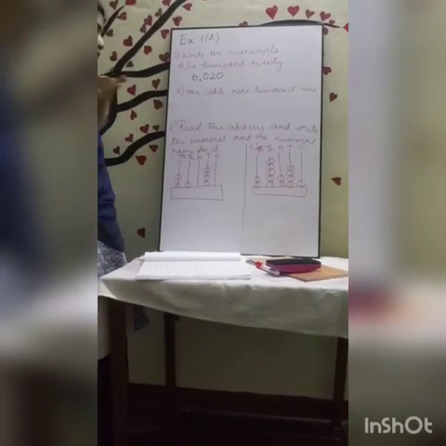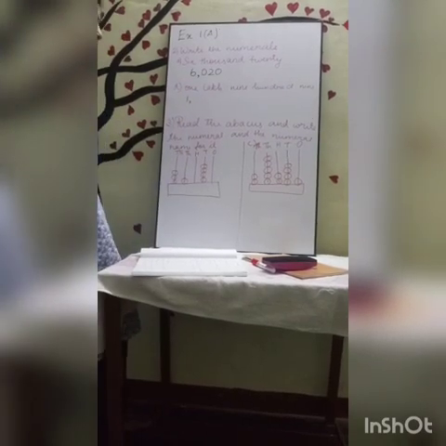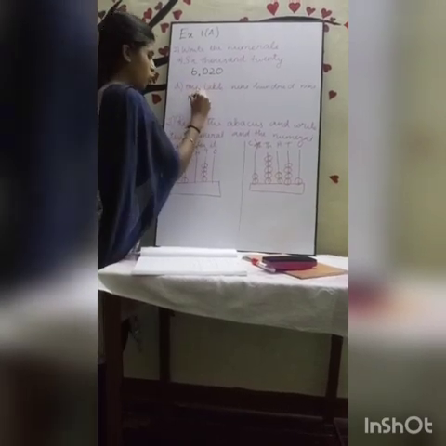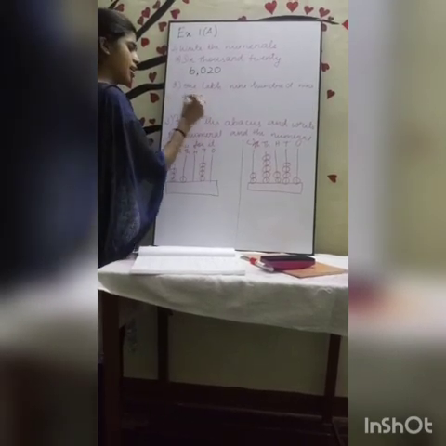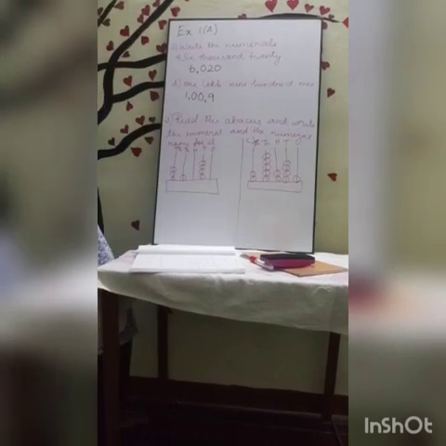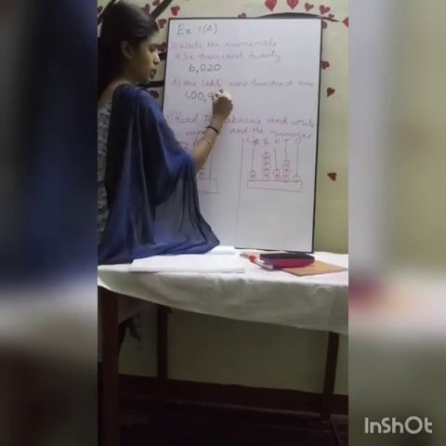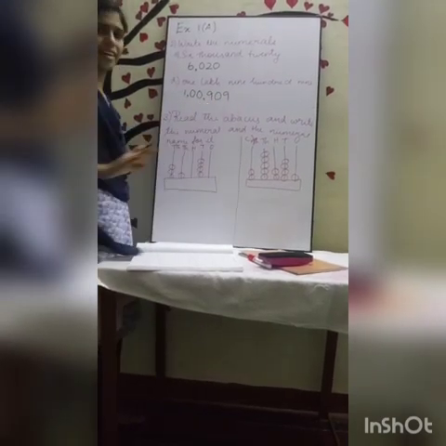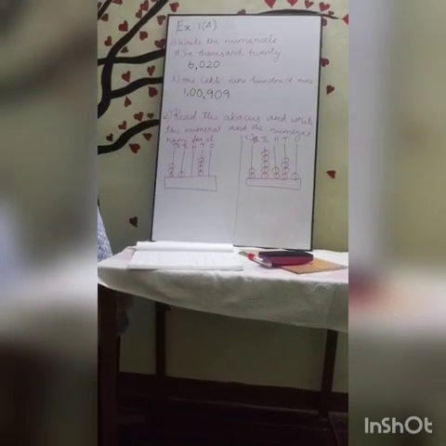Okay, it starts from lakh. So first, what is the value? Lakh. 1 lakh, correct? 1 lakh. Next, after that, thousands. Is there any thousand here? No. So I am writing 0 for both 10,000 and 1,000 place. After that, what place is there? 100 place. So here 900 is given. After the tens place, is there any 20, 30 like that? No. So I am putting 0. Then 9. Understood? So 1,909,000. After writing this number, check once, so that you can get clear about these numerals.